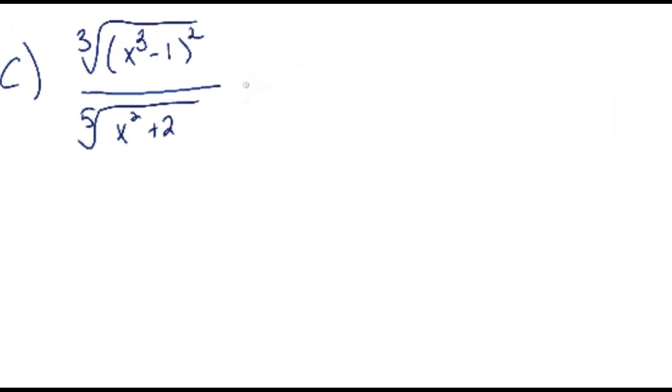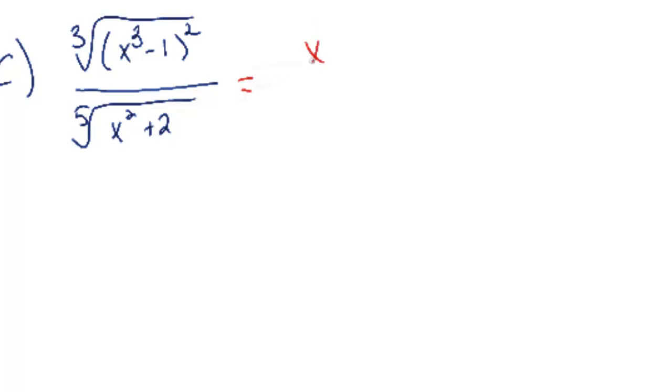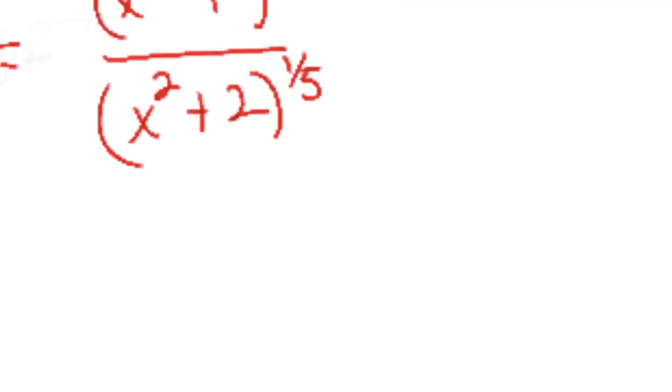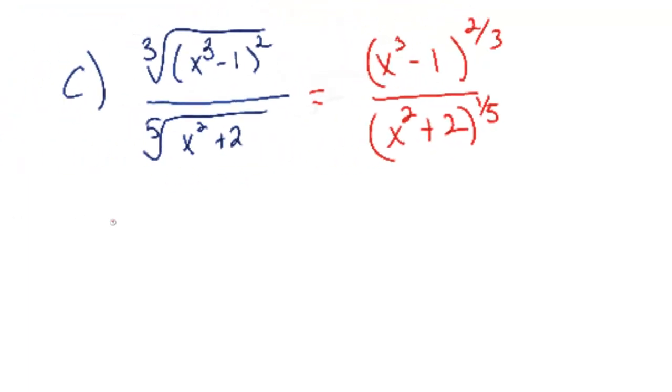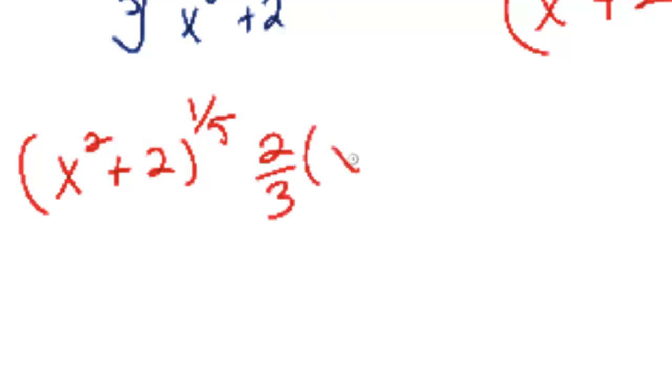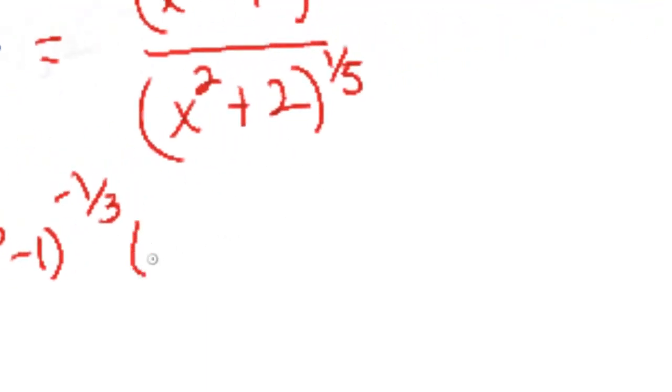So let's do it. First thing we got to do is rewrite it. That's going to be an x cubed minus 1 to the 2/3, and the denominator is going to be an x squared plus 2 to the 1/5. Then you're going to use the Lo-d-Hi, UV prime, whatever you want to call it, quotient rule. So in this case, the bottom times the derivative of the top, subtract 1, you're going to get a negative 1/3 minus 3/3 up there, times the 3x squared